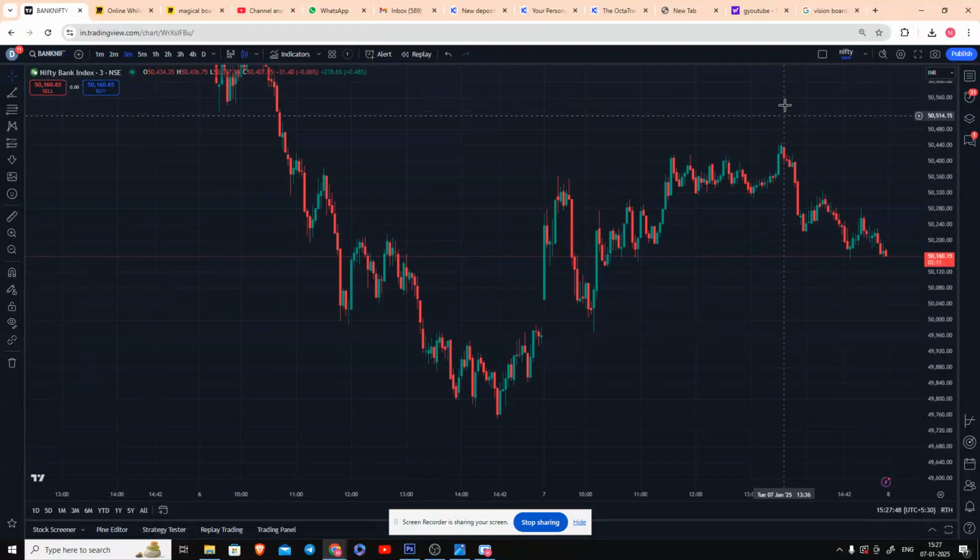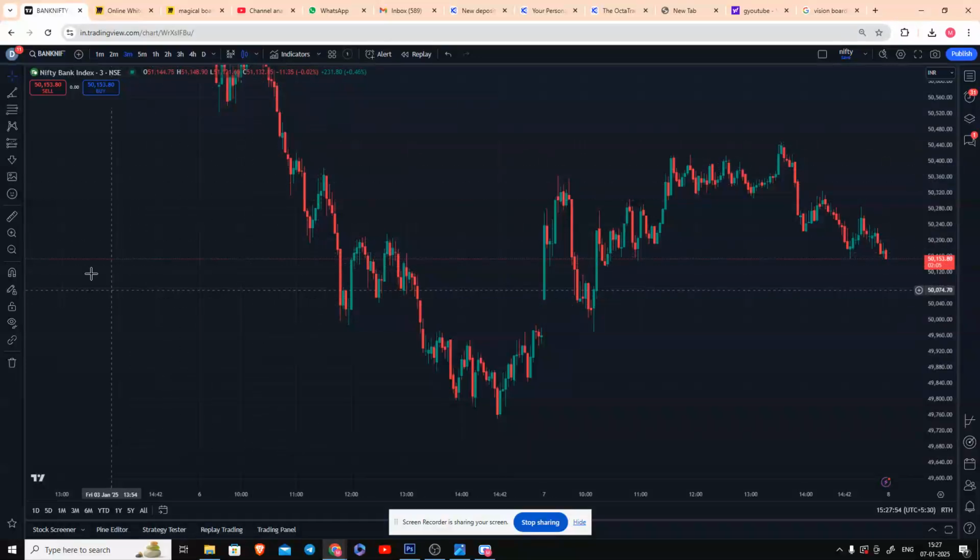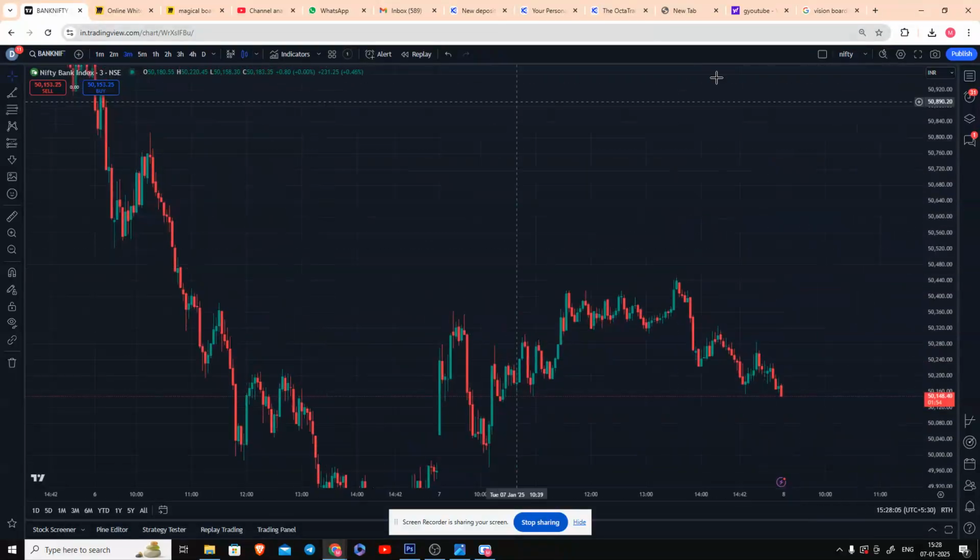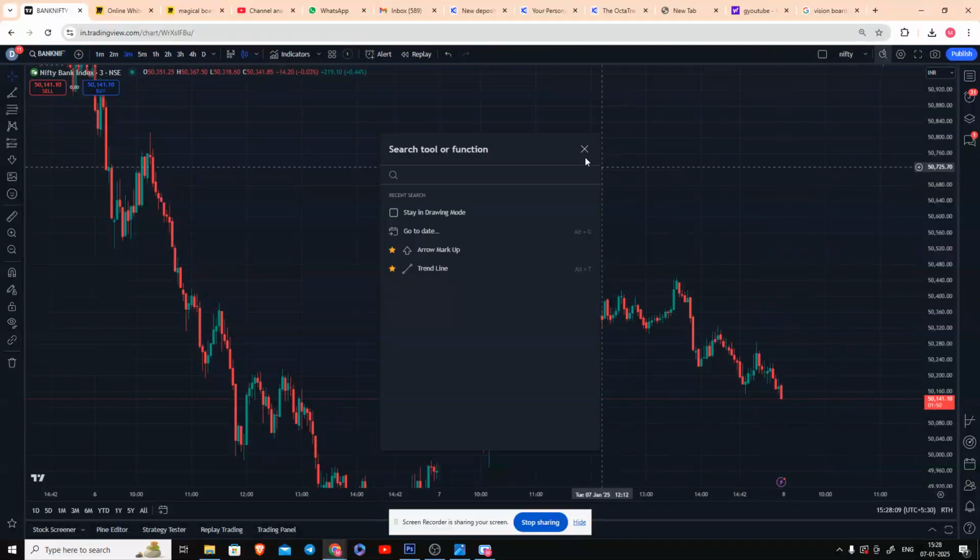And don't forget to keep saving your chart, because when you do some trading analysis, drawings or put indicators, when you close it, it automatically gets deleted. So you just have to save it, so that when you close it and open it back, it appears the same as you left.